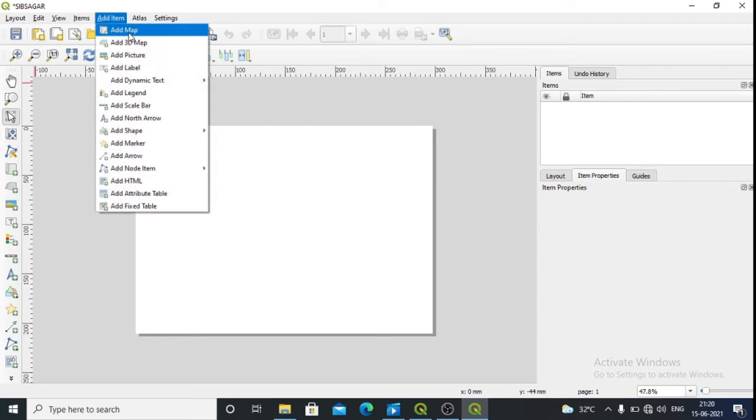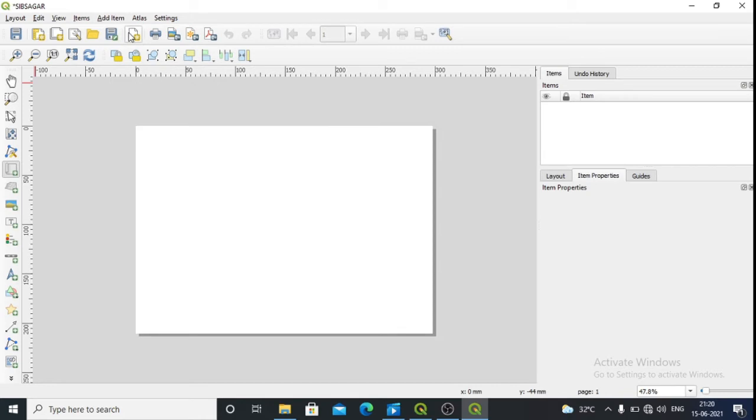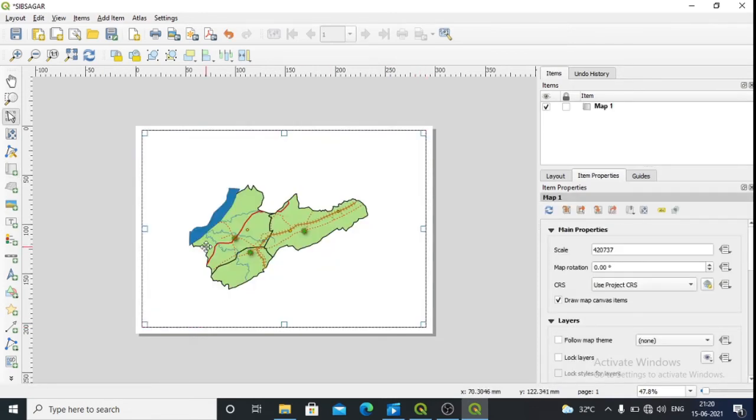Add the item. Then select the area till where you want the map. Okay, so this is the area that I've selected. So this is my map.